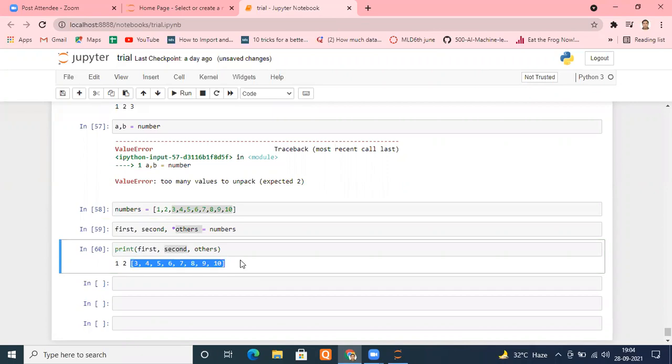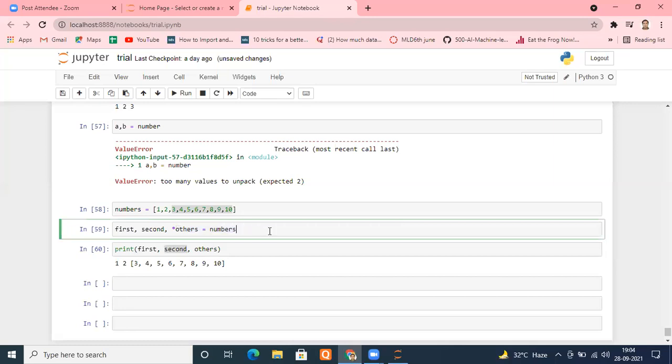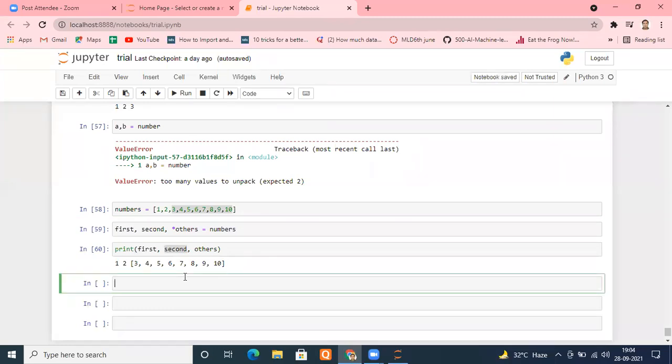Okay. Similarly, suppose I am bothered about the first and last number, not about what is midway. Again, I do have an option. If it is a list, I can access the first element by the 0th index and the last element by the -1 index. Directly I can access that, but I want it this way. I'm telling you all these methods because in some critical programs you may find this kind of expression and get confused about what is happening. You may have to work with the code of other people as well, so you should know what is happening here.